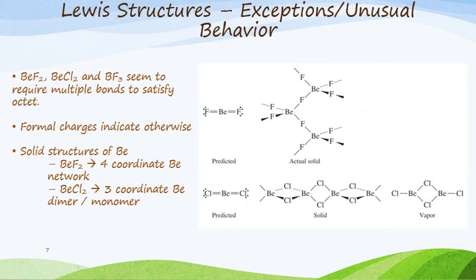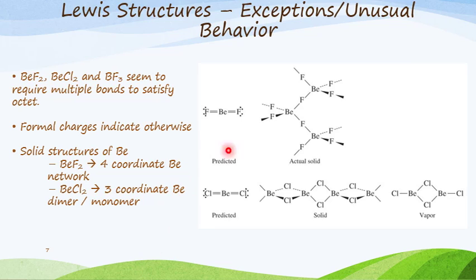Okay. Remember that there are some exceptions and some unusual behavior. So we see this particularly with beryllium and boron. It seems to require multiple bonds to satisfy the octet. However, we know that formal charges indicate otherwise. And so what we find is that in this instance,